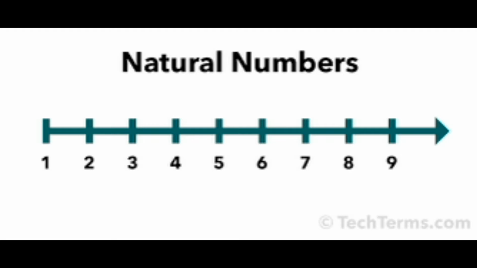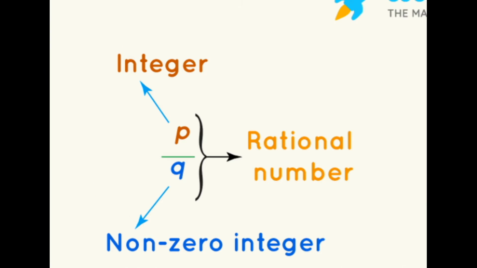Now, the question is, is there any number between any two integers? Let's say between 0 and 1. Yes, and we use them all the time. For example, half, 1/3, 0.7. So between any two integers, you have these non-integers which are known as fractions and decimals. And this entire set of integers, fractions and decimals are called rational numbers, and they are denoted by the letter Q.